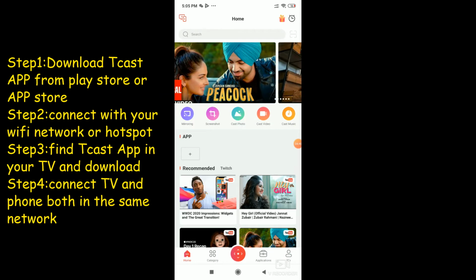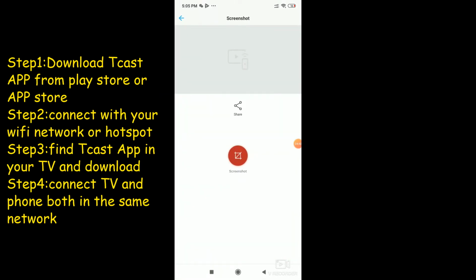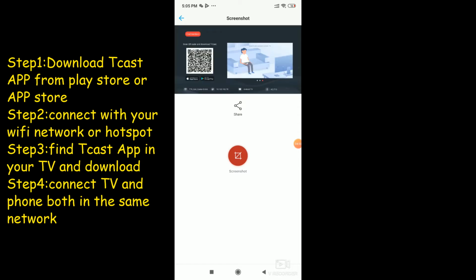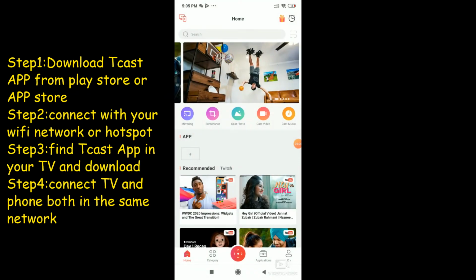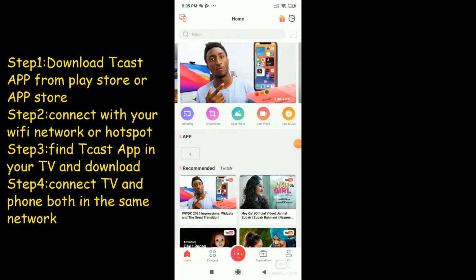For example, I am clicking screenshot. See which screen is playing on the TV; that screen will automatically be captured in here. We'll check the options one by one. For mirroring, you just click here, the first option.